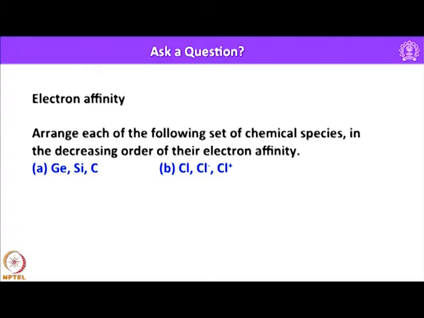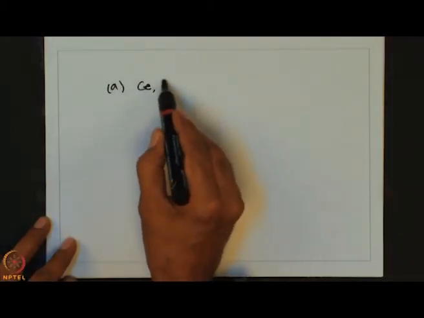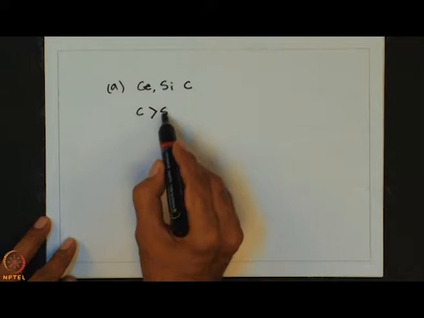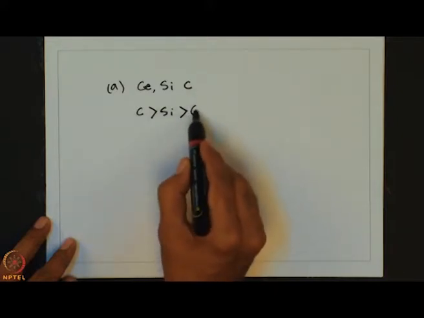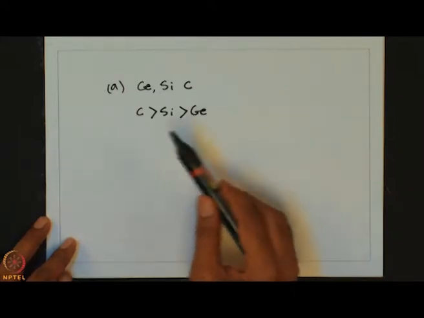So, let us try to make an attempt to write the decreasing order of their electron affinity. It is very simple. We have to look into the effective nuclear charge and what would happen to the electronegativity on removal or addition of an electron. One should follow simply that. In case of A, it is very straightforward. The given elements are germanium, silicon and carbon. Simply we can follow the same sequence as this one. Here electronegativity is decreasing down the group, so electron affinity is also decreasing down the group.